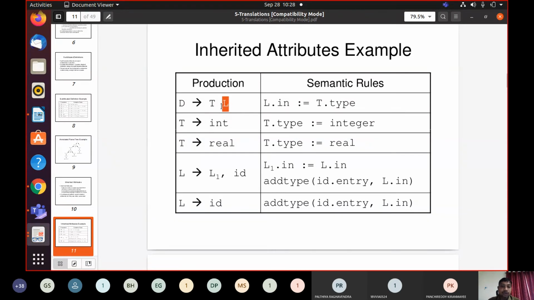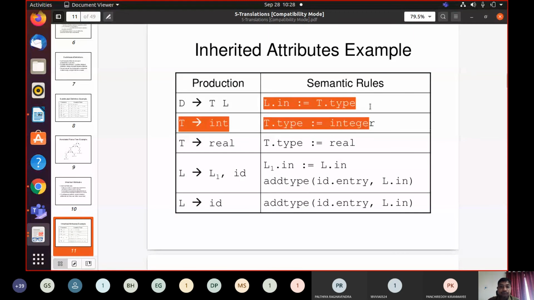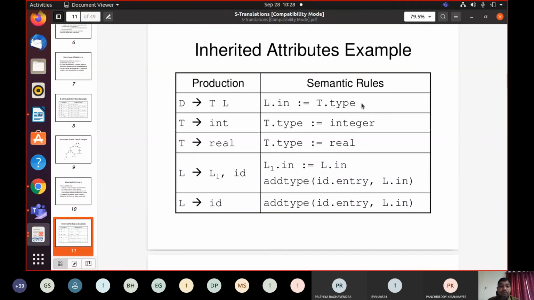Now see, the data type of L is key here. If you use this production rule, D derives T L, the type information from this construct can be obtained by means of this semantic rule, L.in. What is L here? L is actually a child of D. So L.in, the L value, is computed in terms of T.type.